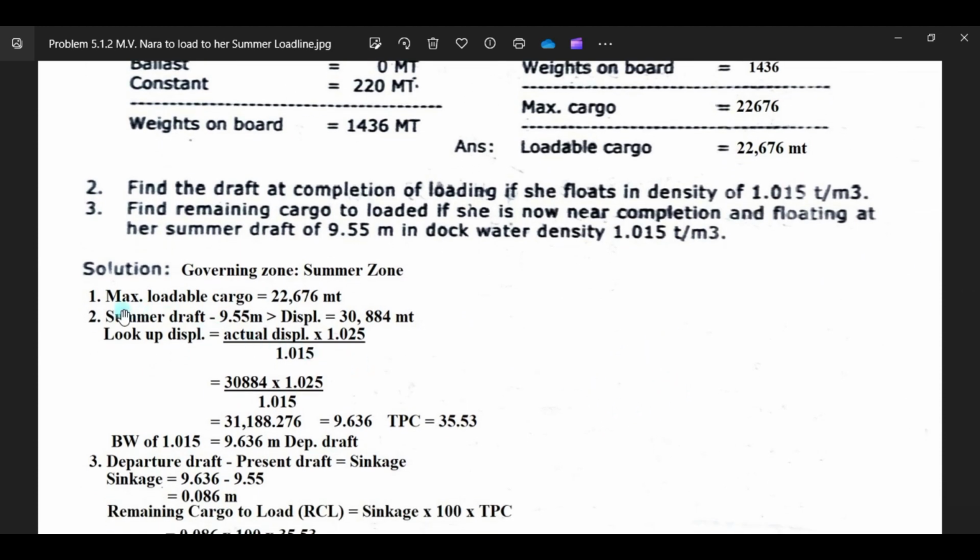So number 1, maximum cargo to load is 22676 metric tons, which is this one. Number 2, find the draft on completion of loading if she floats at a density of 1.015 tons per cubic meter. Meaning, in your loading port, upon completion of loading, if your local density is 1.015, what will be the draft if you are floating in 1.015? Okay,